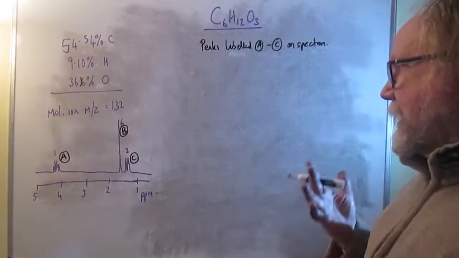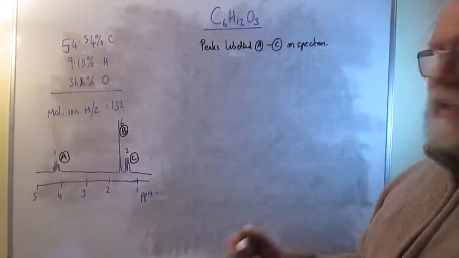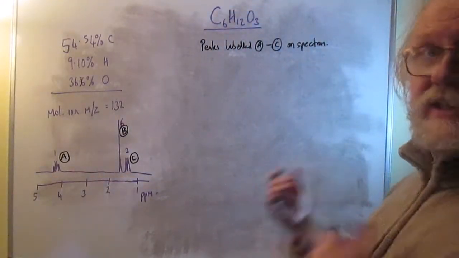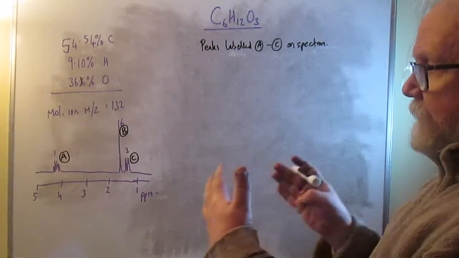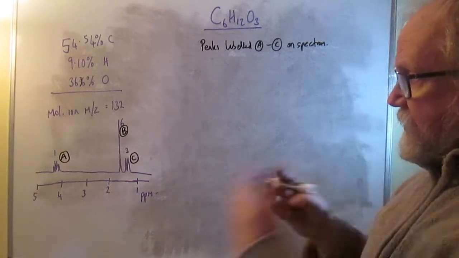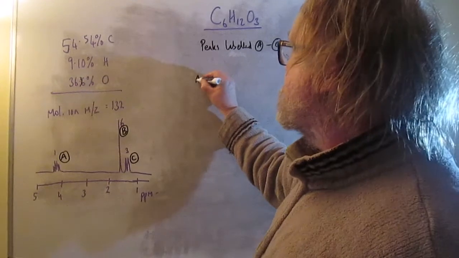Now, I would be tempted to start with the fact that you've got 2 split peaks, and they must come from CHs that are next door to each other in order to cause that splitting. So you can get a big chunk of structure straight away by just looking at what A and C give you. So if we start with A,